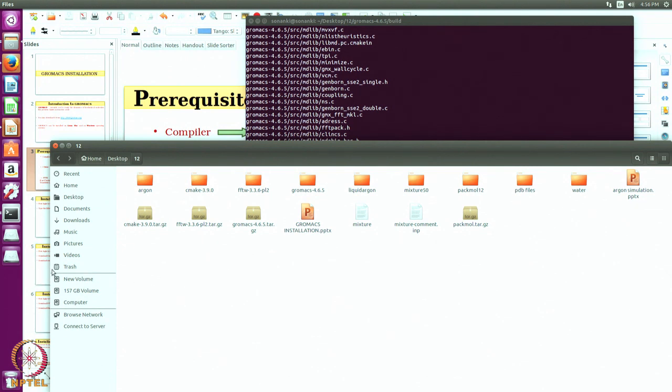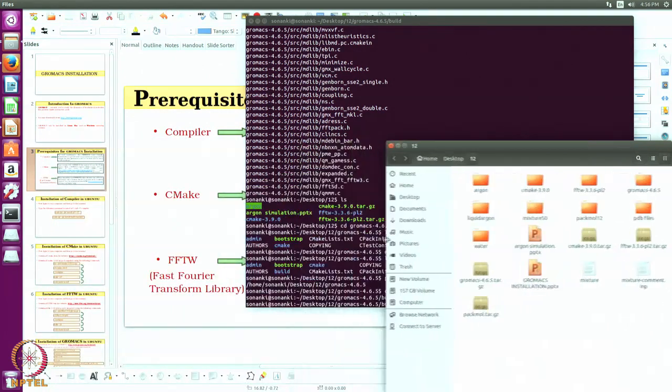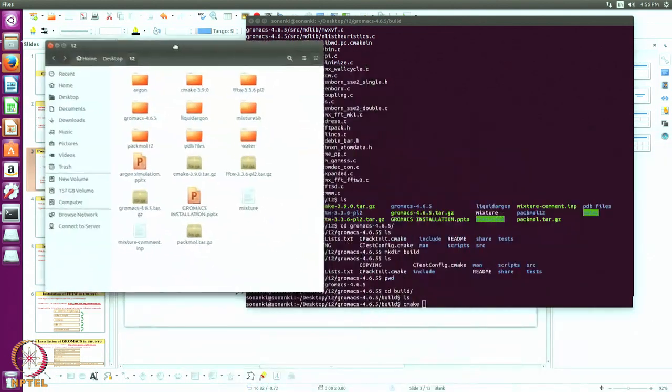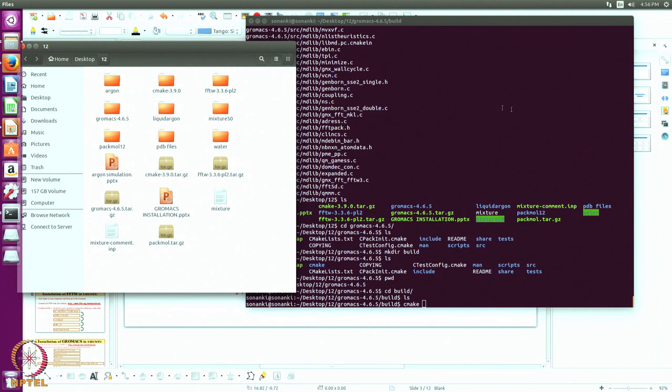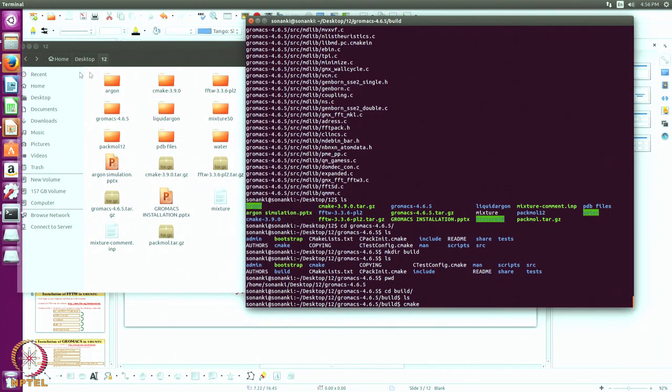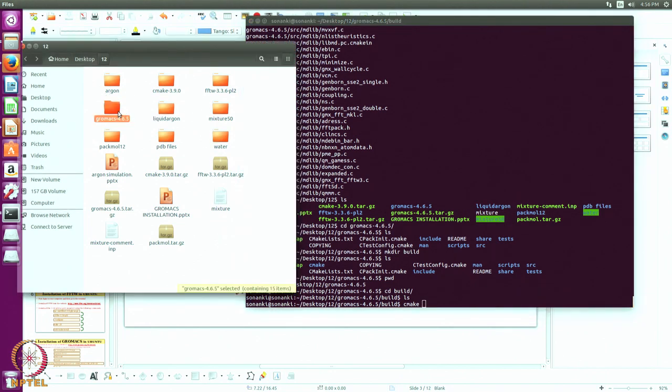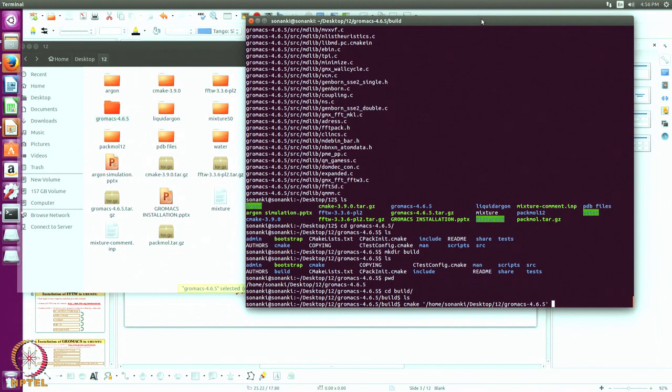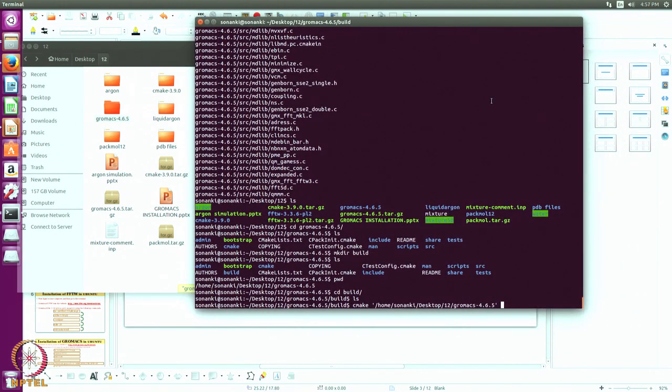Do you remember the path or no? Yes, but it's easy to just drag it. This is my desktop and this is my folder 12 where I have downloaded all the files. I'll just drag the Gromacs folder from there to here. So it will automatically give the path. I don't have to write anything. Much faster and no errors.